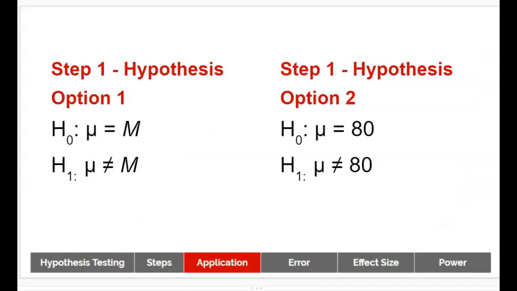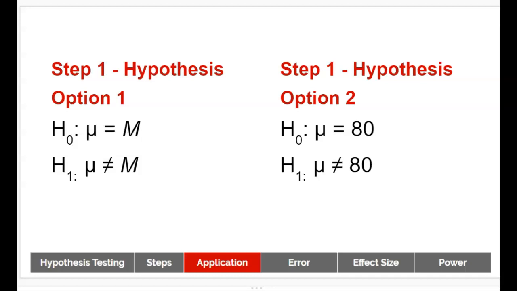All right, so when setting up your hypotheses, you need words and math. So the math part, you have 2 different options. You can leave it very generally, and I'm saying that my group of individuals who have blueberries are going to be different than the general population. All right, so that's my alternative or research, and then they're the same as the null. I can also put this in